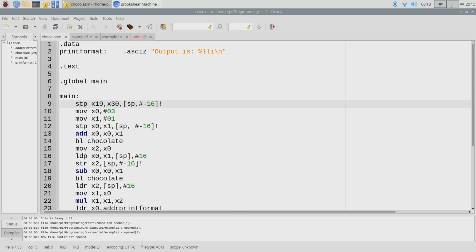And I don't know if anybody has written an ARM64 language definition that you could load into this. I know in Atom, which is another text editor that I like to use on the Mac, you can load in some packages that'll do that.